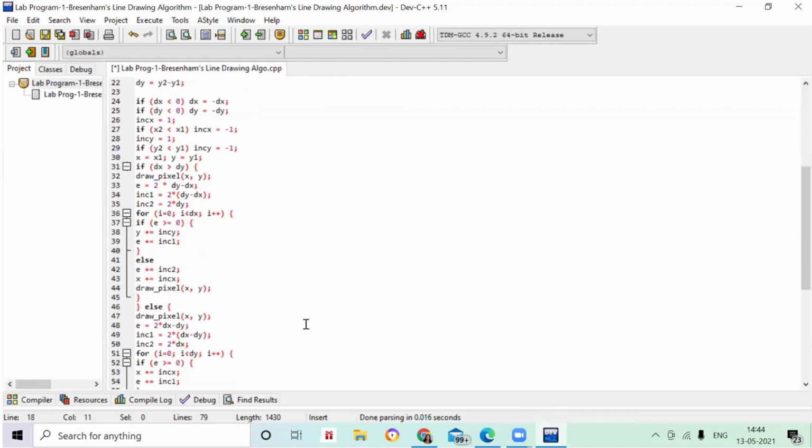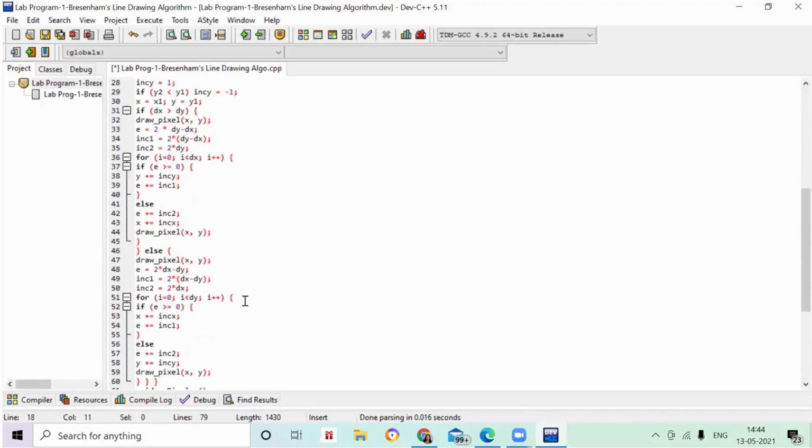I told you that till we reach the endpoints, so to reach the endpoints, we are going to take this variable name, check it, and increase the values. Here you can see I have written about the draw pixel. So what is the work of your draw pixel?